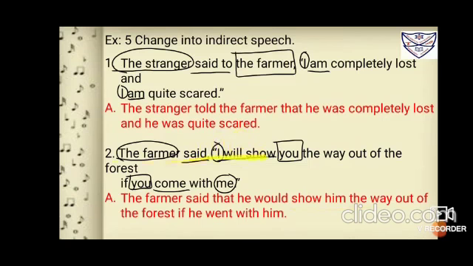So the farmer said that he would show me the way out of the forest if I, because I have assumed what? Me. So it is if I went with him. Okay, this "come" is there, so we cannot change to "came with him." So if I went with him. Okay,